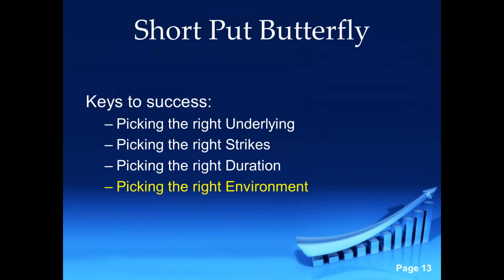And then picking the right environment. This is a situation where we're looking for an IV percent that's somewhere between 15 and 30%, which there are a lot of stocks out there in that range right now, especially right after you've seen some of them have earnings. They will drop right into that range for a little while, and that would be a good scenario for that,